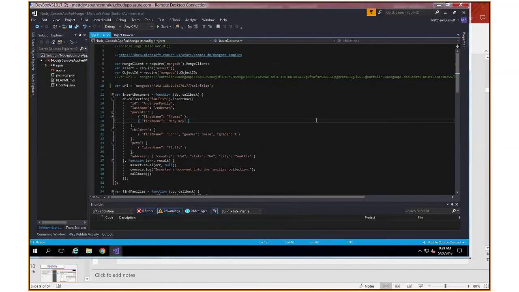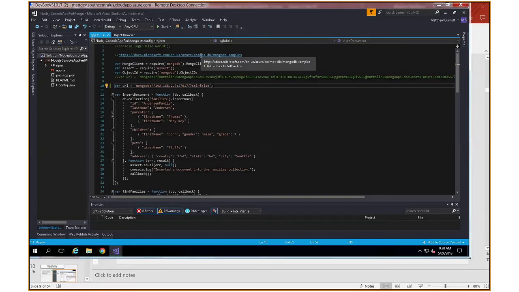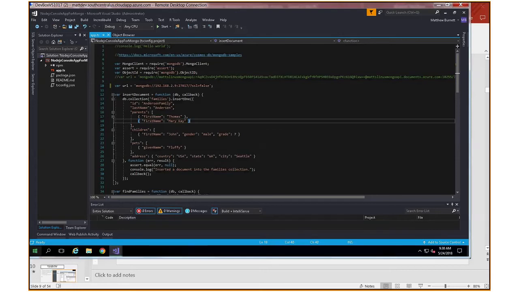And so what we're connecting to is 2.9. That's the Mongo database. And this is an application. It's a Node.js application. It's a demo one. We can get it. Here's the sample. It's the MongoDB samples from Microsoft. And as we can see in here,